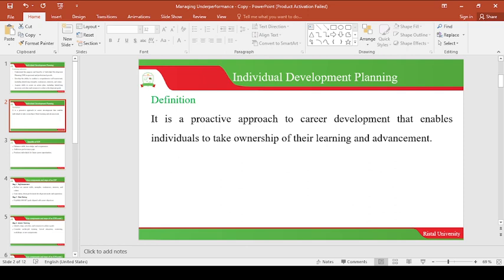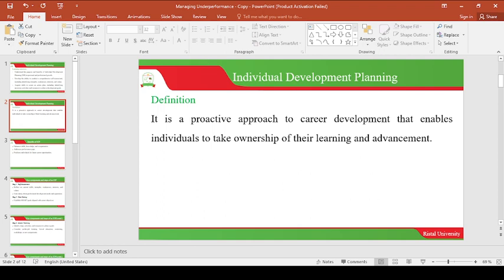It is a proactive approach to career development that enables individuals to take ownership of their learning and development. I can give an example of our students here. You are almost, let me say, self-sponsored. You are the one responsible for your tuition, not the organization. That means you have taken the initiative to develop yourself. So you don't need to rely always on the organization for your own career development. Sometimes you have to act, and what you are doing is really good in terms of professional growth and development, because by the end of the day, it is you who is benefiting, not the organization.